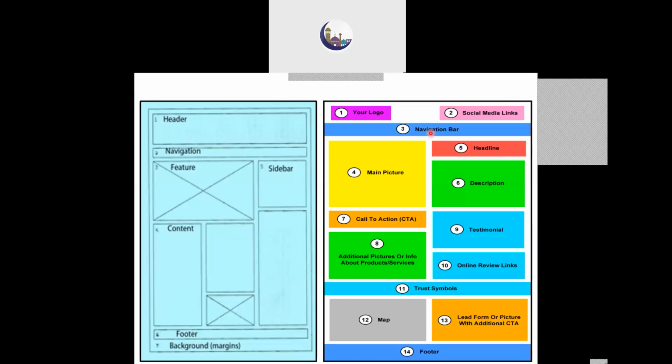That's the navigation bar. So next coming on, the main picture. Nowadays, since everything is being made to look attractive, and everyone expects that whatever we are trying to look for is as per the requirements, as per the standards. So first thing, instead of keeping a title or a text, we are keeping a main picture, which is very, very attractive to the user, and it makes the user go through the rest of the text and the rest of the content. So what is the main picture? Its heading will be given on the right hand side and its description will be given below.